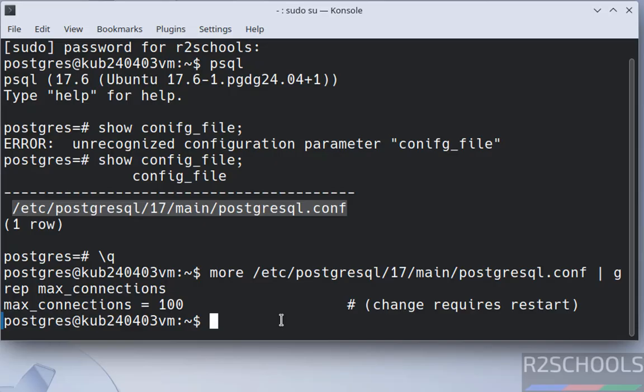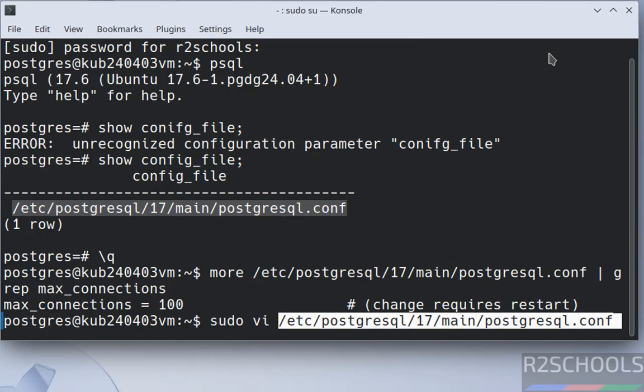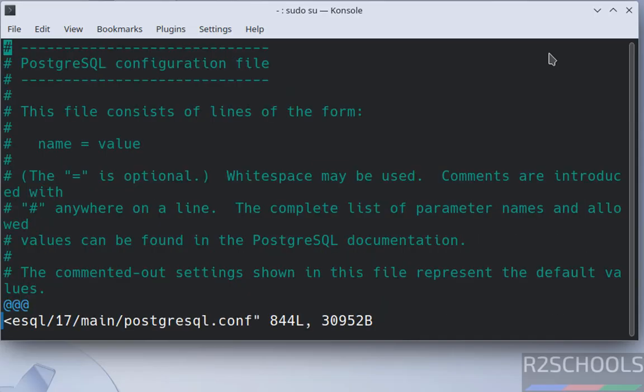Restart means PostgreSQL server restart. So after changing this value, we have to restart. So I am going to increase it to 200. Sudo vi, paste that file with the entire path. Hit enter. Sorry, sudo is not required. Hit enter. Then /, then type